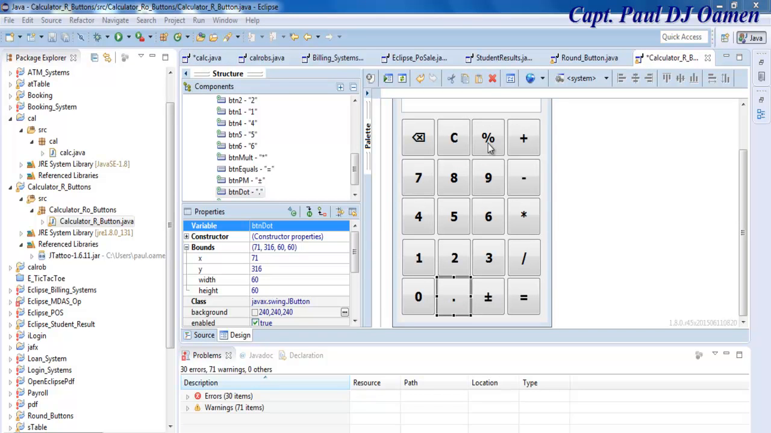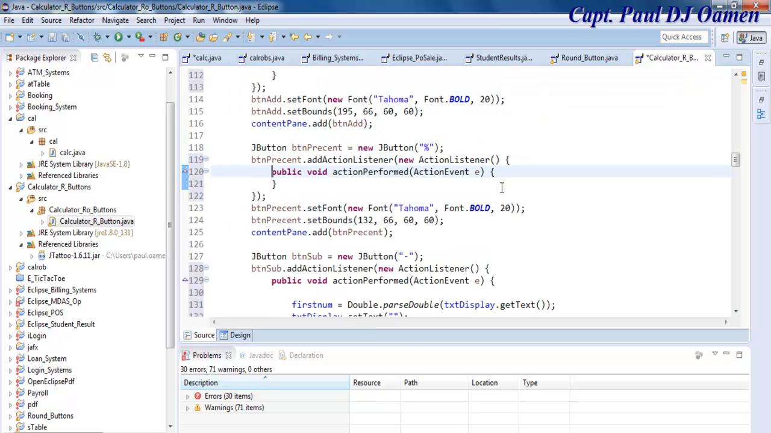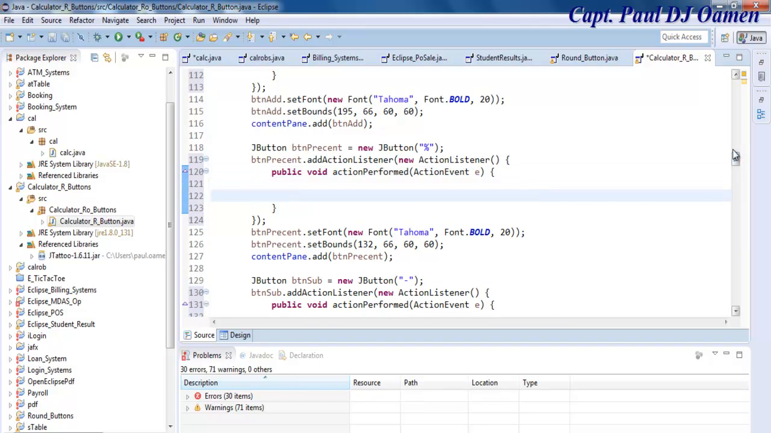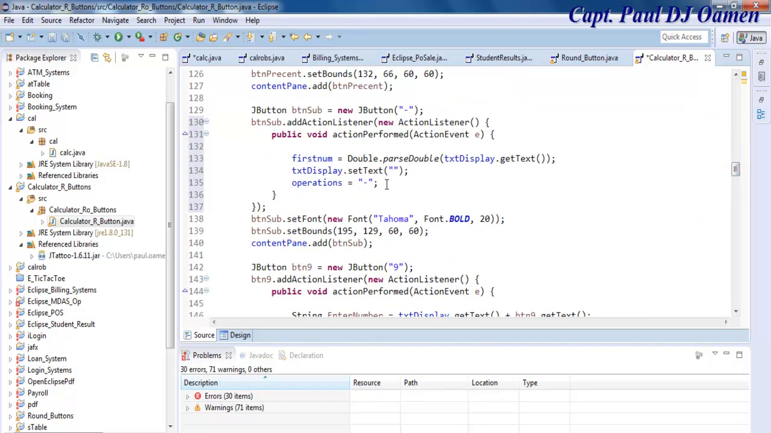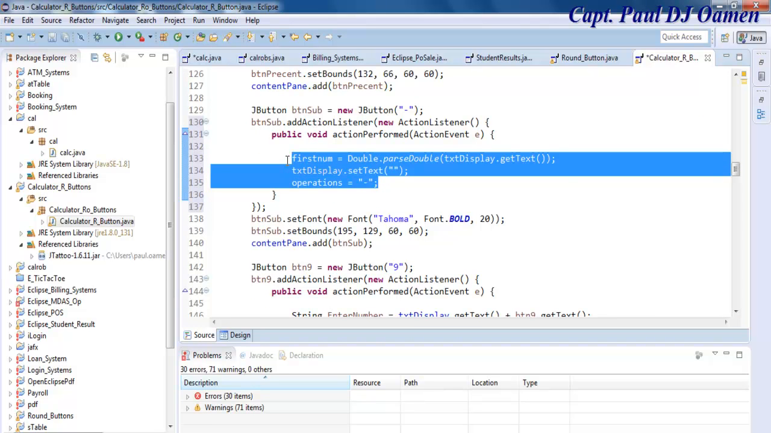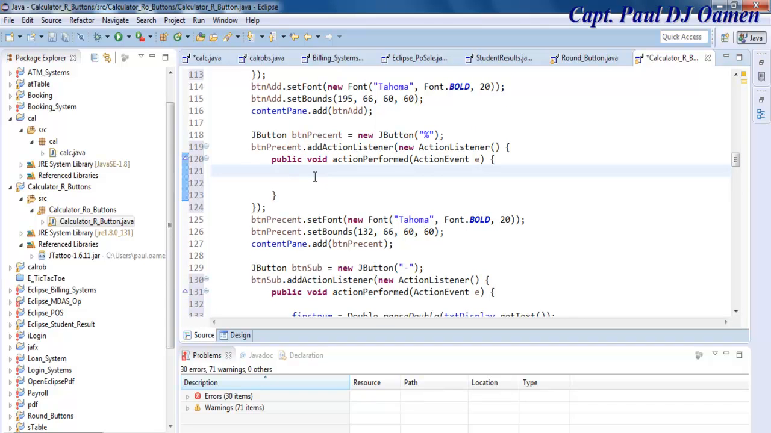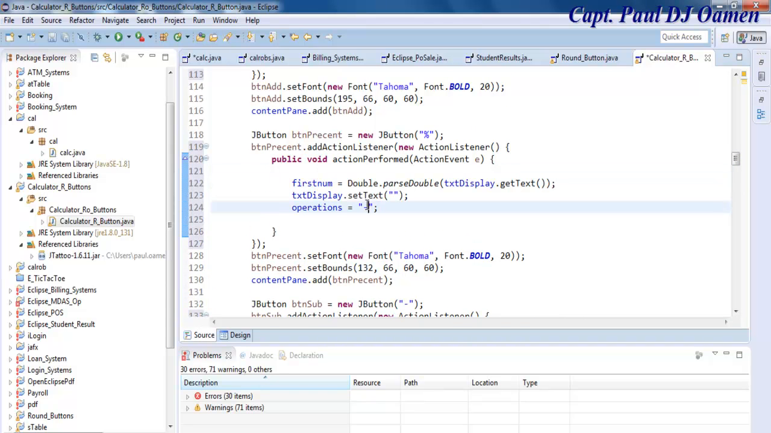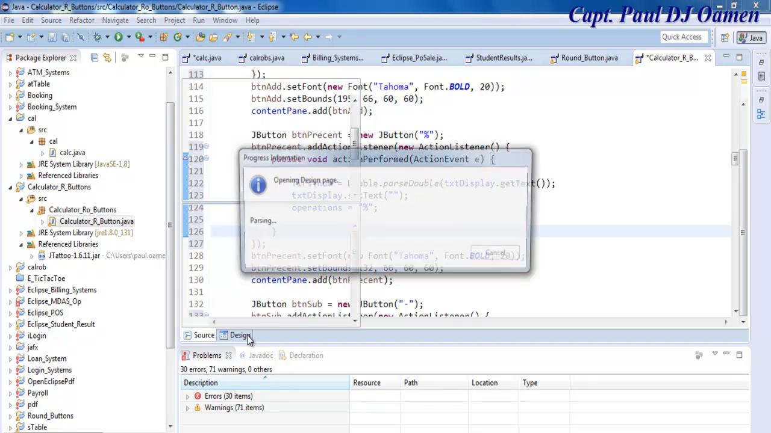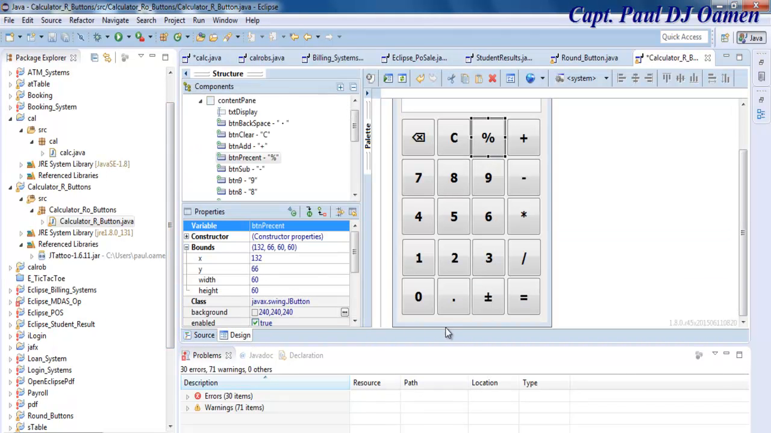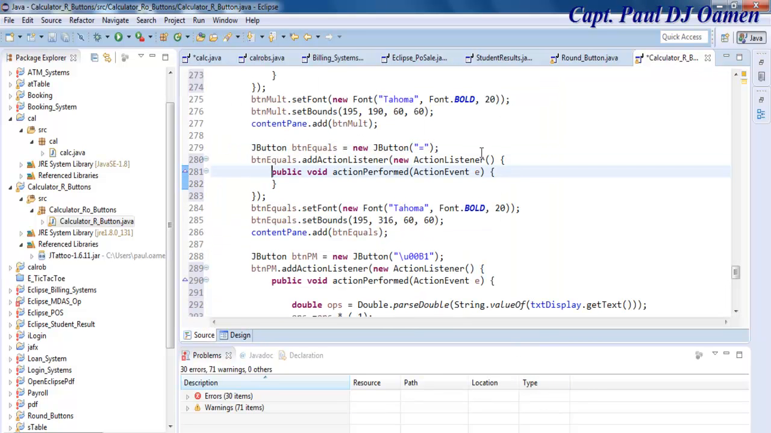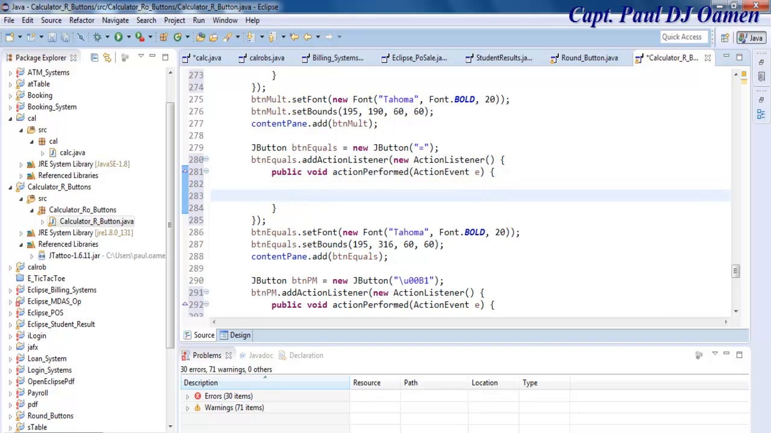So let's double click on the percentage. So all we just need to do is we can even copy this very one, copy that and paste it right inside the percentage right there. Change the operator, there we go. That is it, all done. So all that is left for us to have a look at is just the equals. Double click on the equals and right in here enter the following,